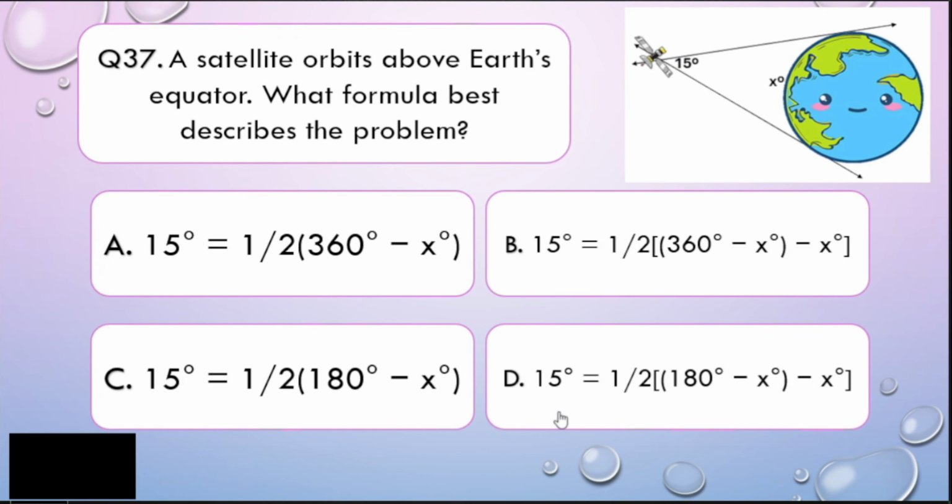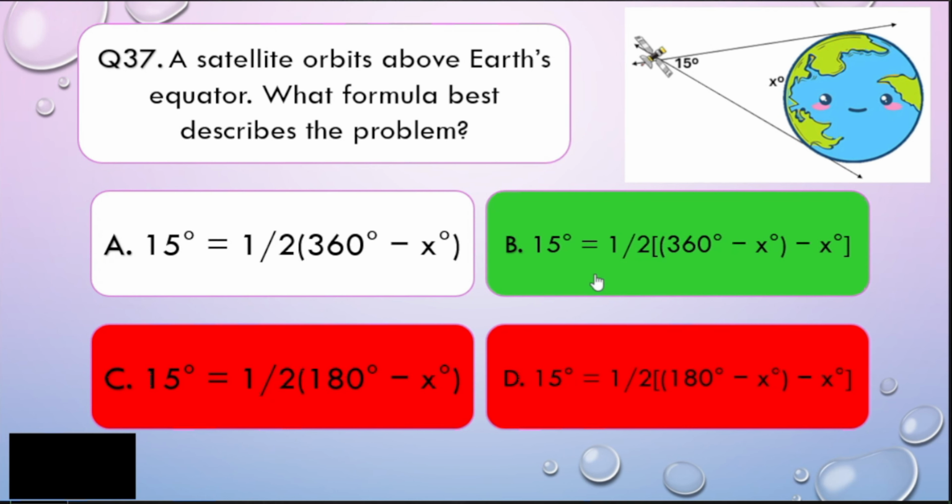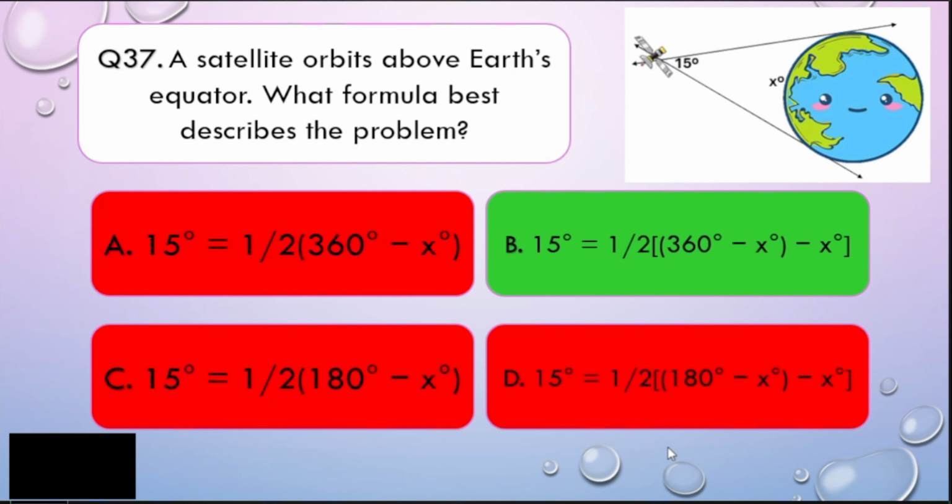So, therefore, letter C and letter D are already wrong. All right. So now, if this is X, this measurement is X. What is the measure of this one? Okay, so if this is the whole circle, that is 360. In order for us to know this part, that is 360 minus x. So basically, that is 360 minus x minus x. Alright, so therefore the correct answer is letter B. Easy, right? Very easy, my dear math learners.